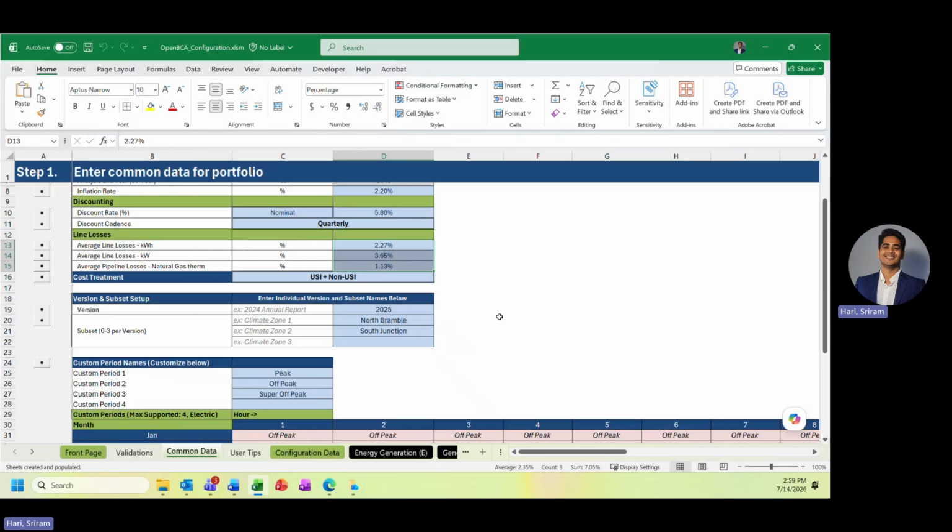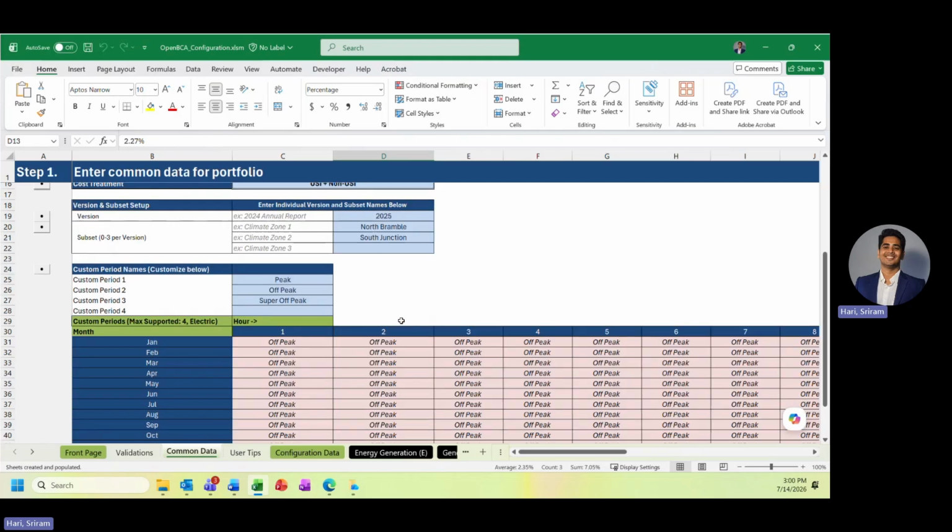The tab also allows us to define subsets. Subsets can represent different geographic regions, customer segments, avoided cost cases, or even sensitivity scenarios. There is also an option for users to enter their information in custom periods. You can define your custom periods if your data does not support a standardized time series format, for example, super peak, off peak, or just regular peak, and define those custom periods in this format and enter your inputs in